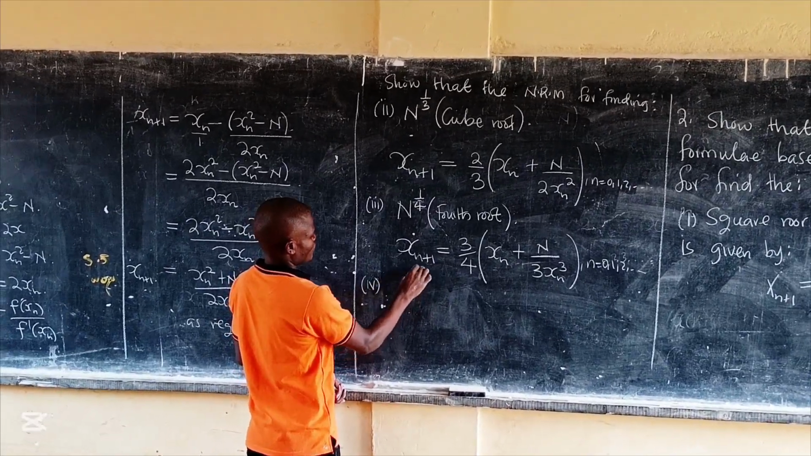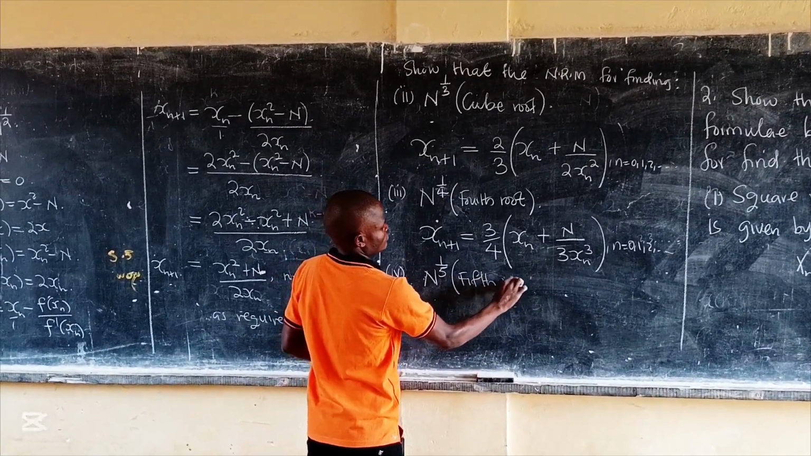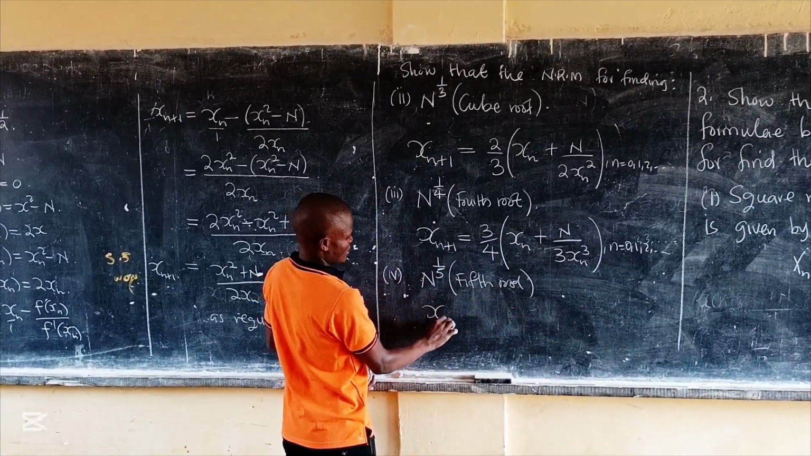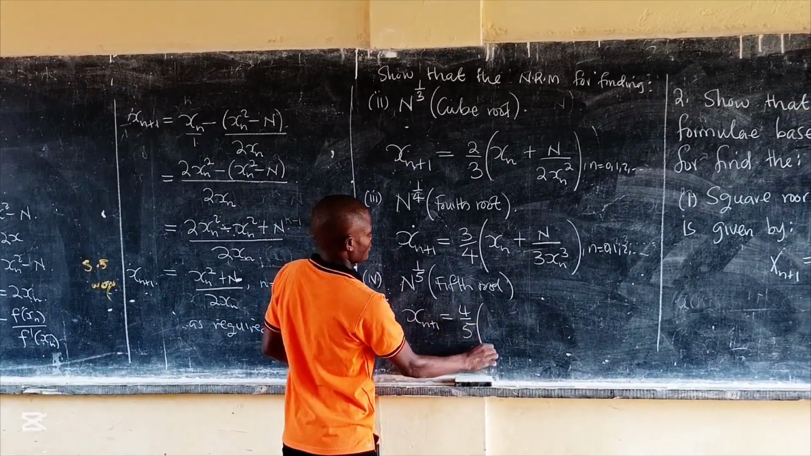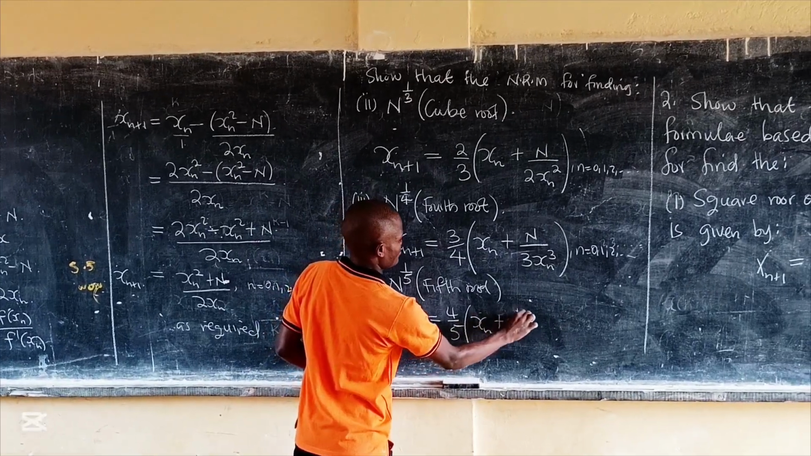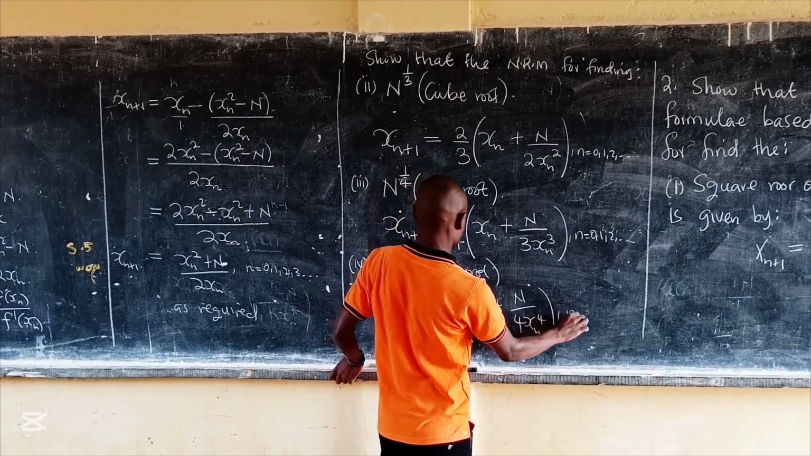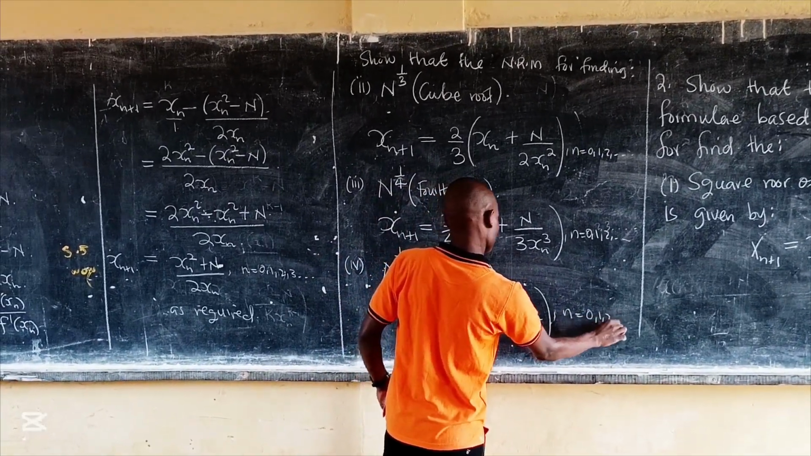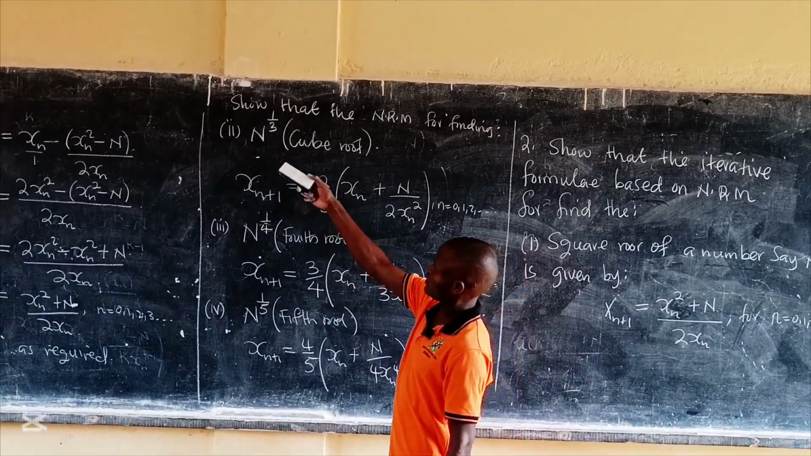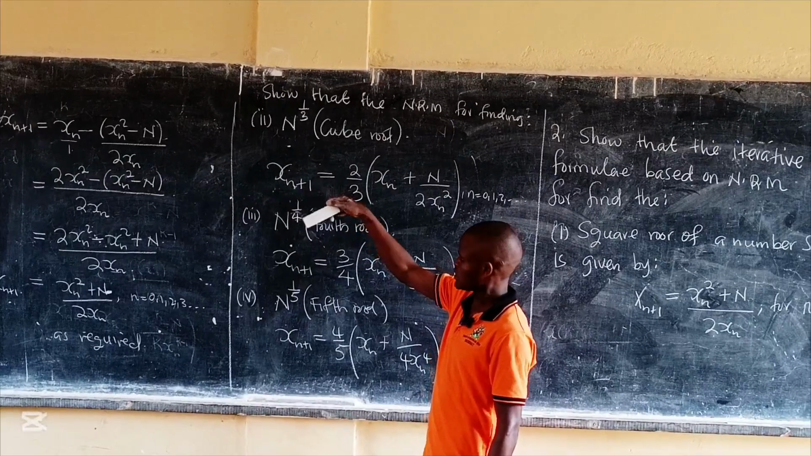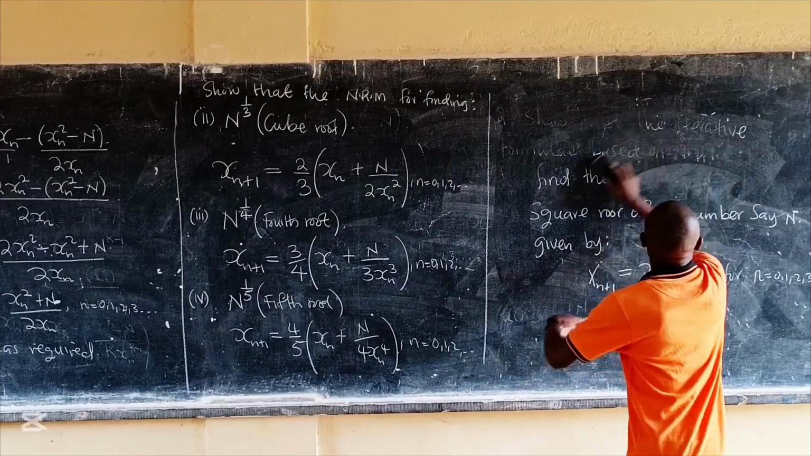I want to show the one for N, and this one we call the fifth root. We want to show that it is given by x_{n+1} = 4/5 x_n + N/(4 x_n^4) for n equals 0, 1, 2, like that. So we can derive for the cube root, the fourth root, the fifth root, the sixth root, etc. So let's try